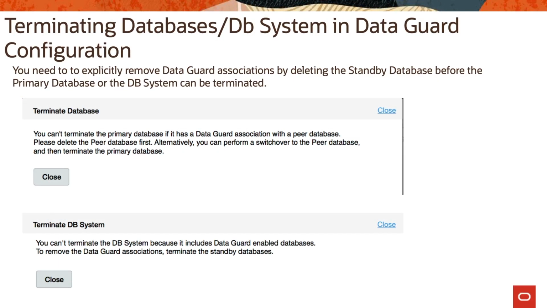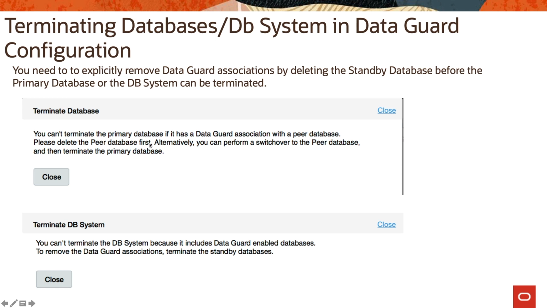Terminating a database or DB system in DataGuard: you need to explicitly remove the DataGuard association by deleting the standby database before the primary database or the DB system can be terminated. When you go to terminate database, it will prompt you to provide the required details. You cannot terminate a primary database if a DataGuard association with a peer database exists.